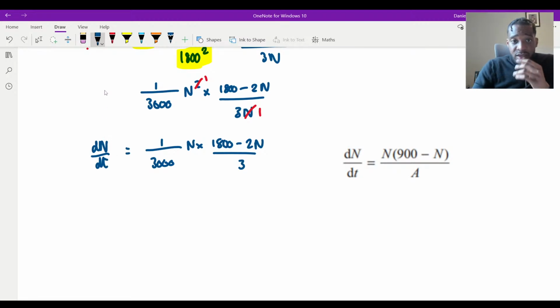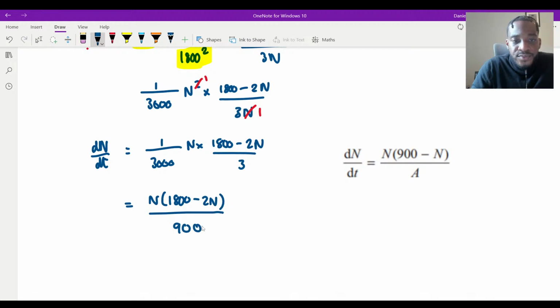All right. Now, what have they got? They've got a constant here. So I'm going to bring this all together. This is going to be n bracket 1800 minus 2n, if I bring the numerators together over 9000, no? And now, if I look at the show that, they've got a factor of n on the outside, which is what we have. But on the inside, they haven't got a 2n. They've got an n there. That tells me that I need to take out that 2. And we can see quite clearly we're actually done, aren't we?